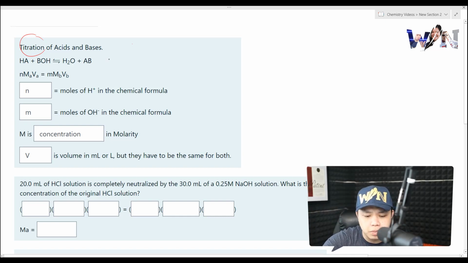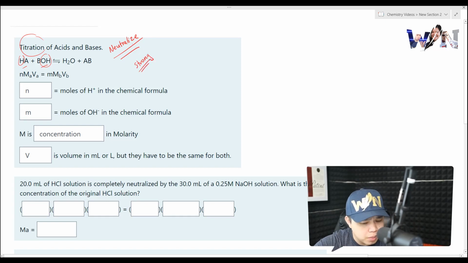What other terms are being used in titration? That is, we use the term neutralize. That is, a base neutralizes an acid. As you can see in this chemical reaction, you have this acid react with a base. You can see the hydrogen here and the OH right here. We are talking about strong acid and strong base.